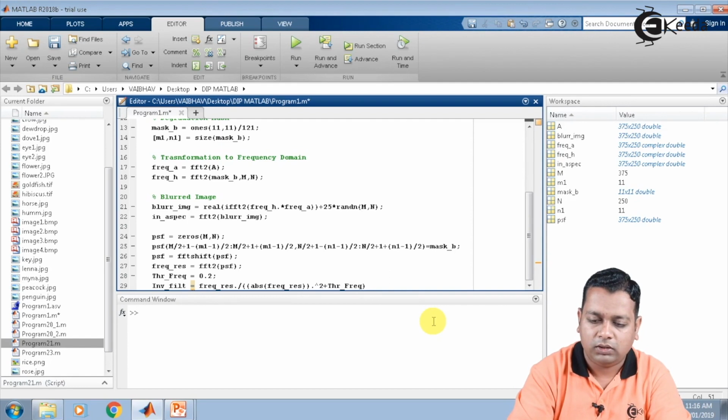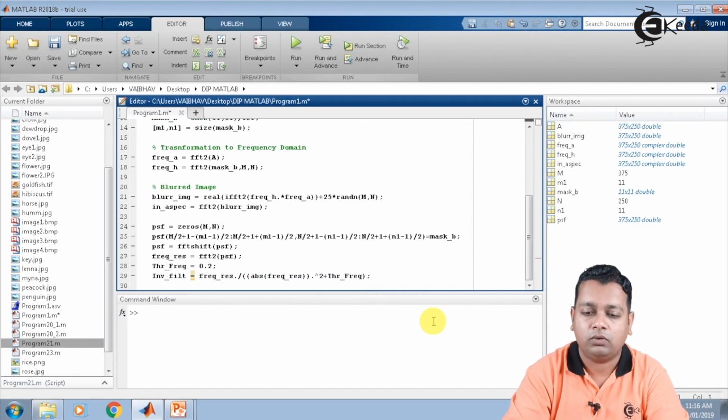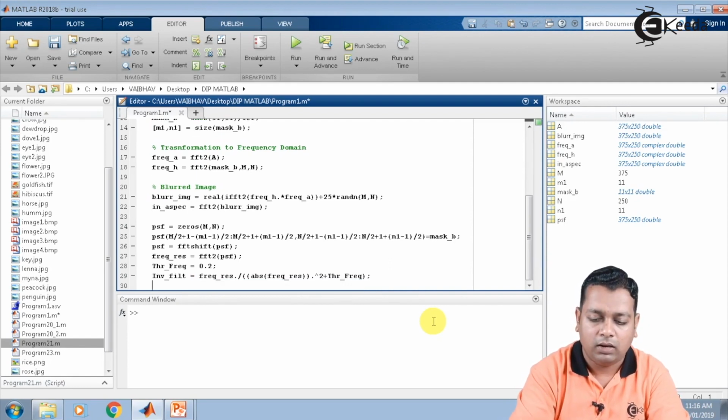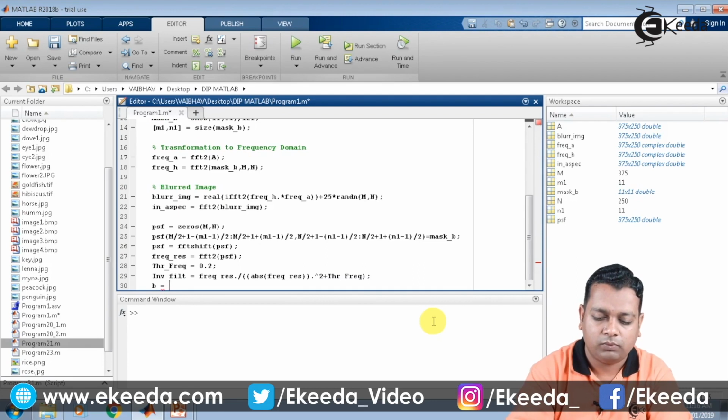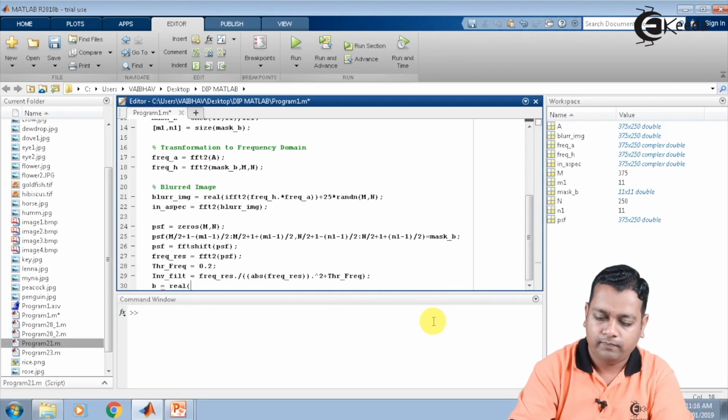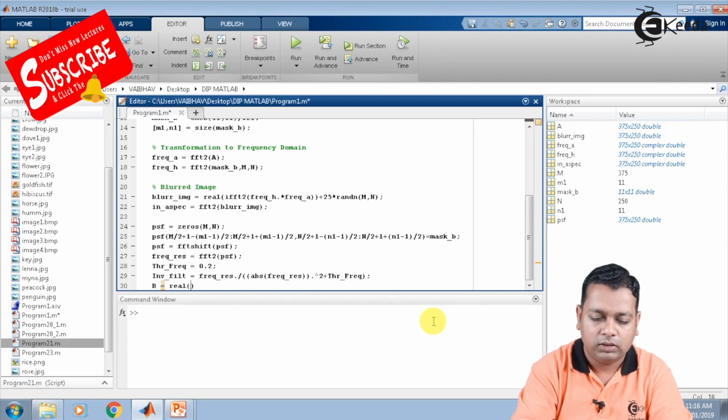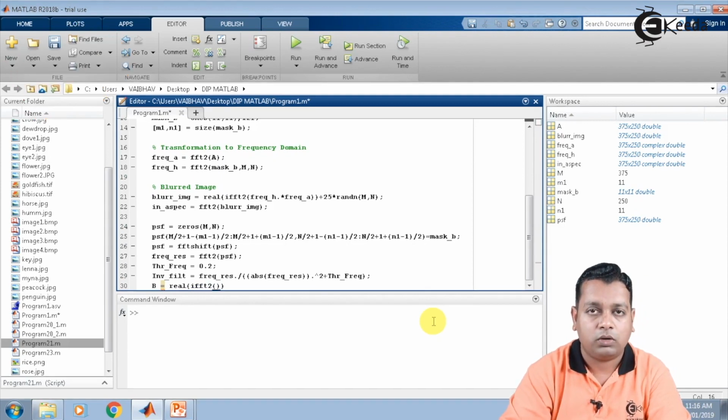So here we terminate with the semicolon for this syntax, and now we compute the variable capital B to hold the restored image. First of all we must use the real part, and for the computation of the real part we use the inverse Fourier transform in 2 dimensions by the IFFT2 command.